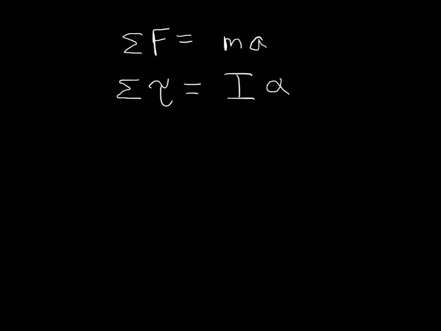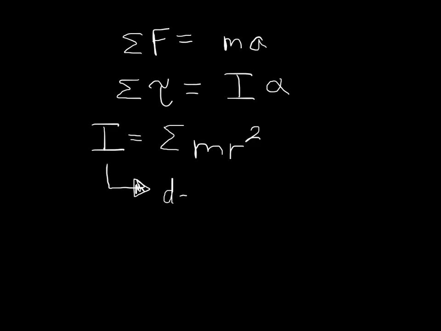So if you remember, Newton's second law says the sum of forces is equal to mass times acceleration. We can do an analogy to the force: the sum of torques is equal to I times alpha. Here, I is going to be equal to the most general definition, the sum of mr squared. So this I, the moment of inertia, is a rotational analog to mass, and we can see that when you're